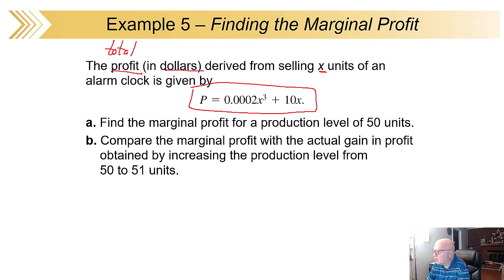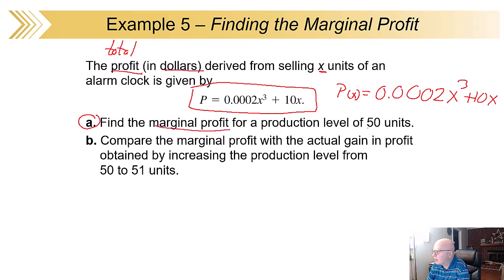Now, if you're a real math person, you probably want to think of it in terms of a function, because it's a function of X. But that's a technicality. First of all, you want to find the marginal profit